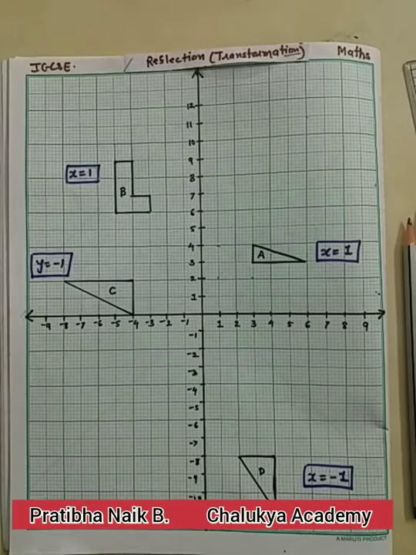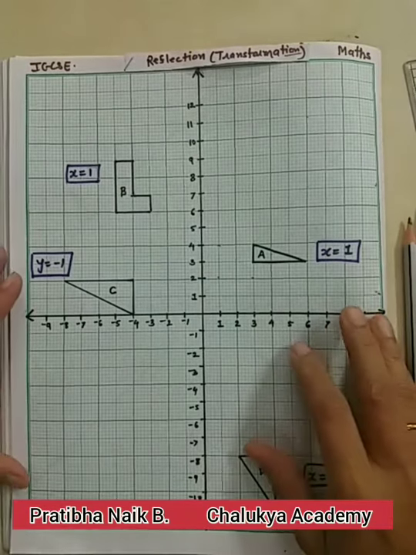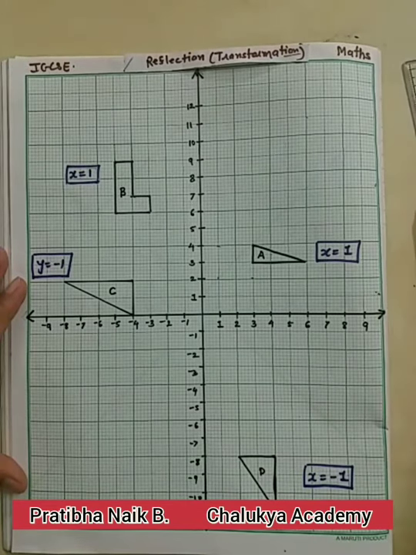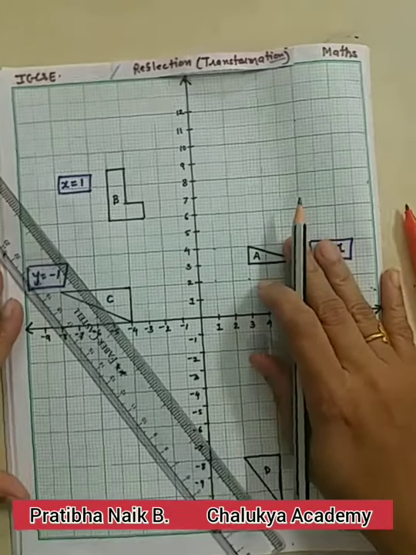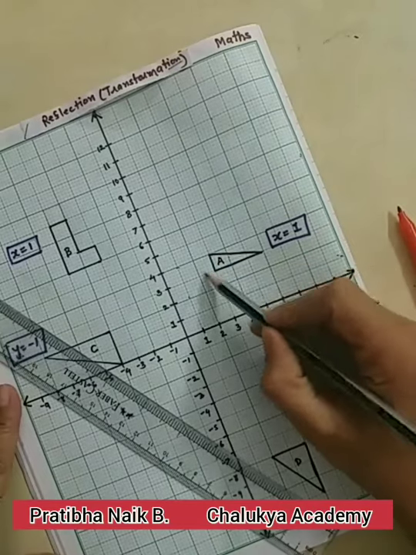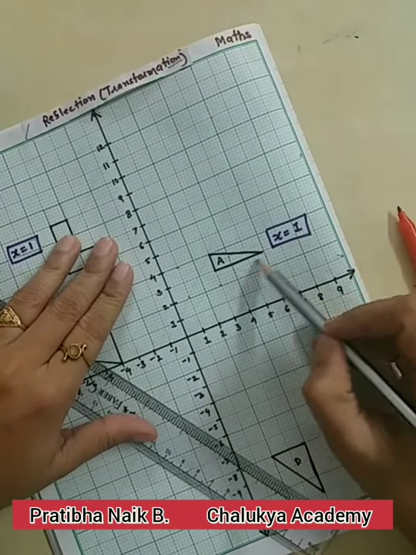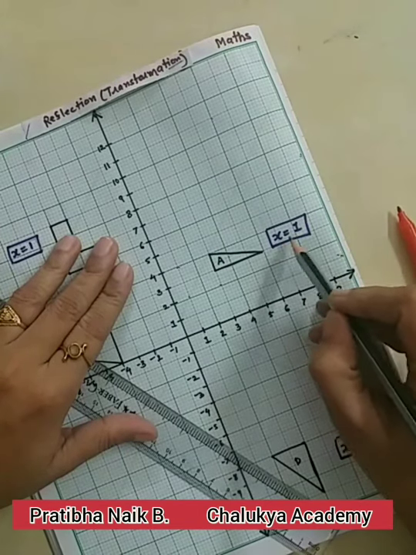In this session, we are going to see type 4 transformation, that is reflection, from Maths IGCSE. So in reflection, as we discussed, you will be given a mirror line in the form of an x coordinate or y coordinate. So let's take an example of triangle A. Now we have to do a reflection. You have to take a reflection of triangle A through the mirror line, which is x equal to 1.